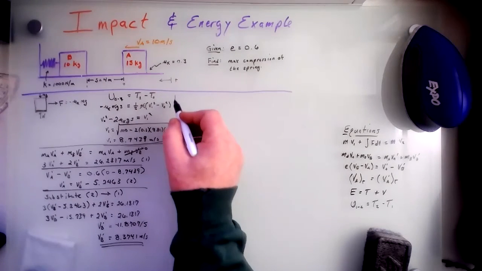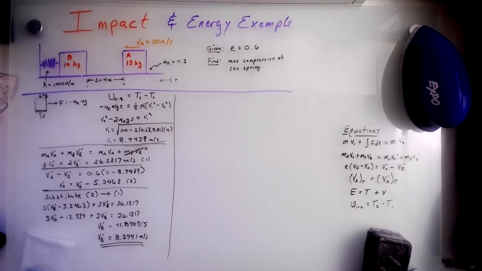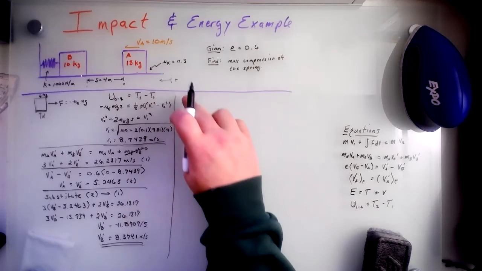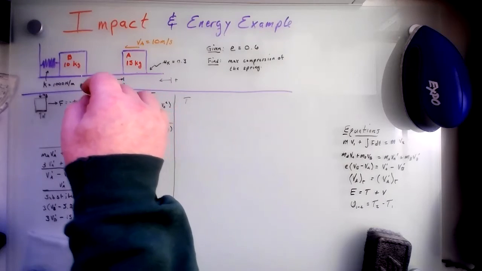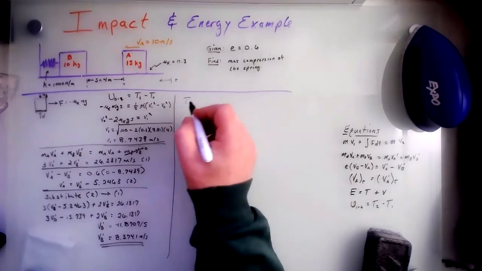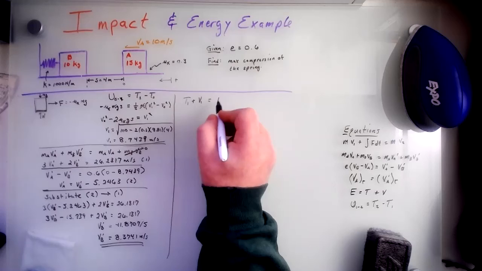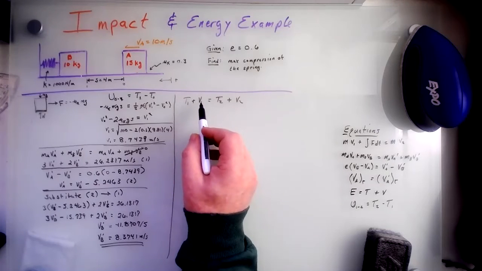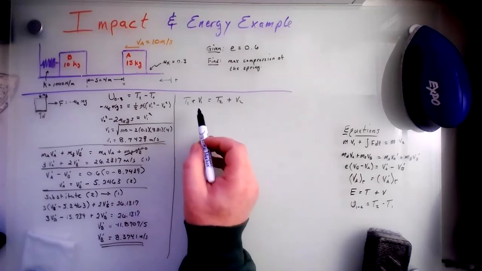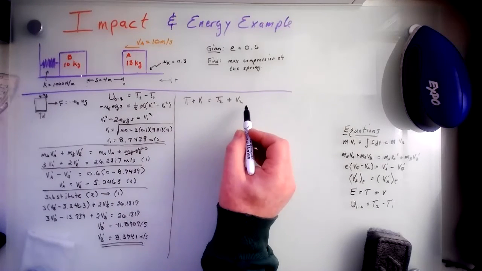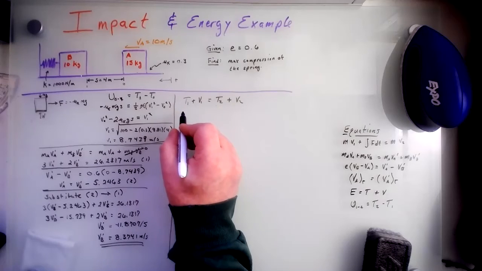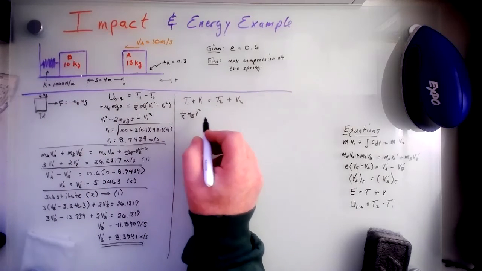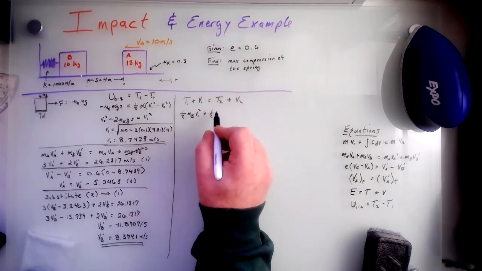So we need this. And now what we need to do is convert the energies, right? It's easier to do this: we'll just say T, and let's call this position 1, and the compressed part we'll call position 2. So we'll say T1 plus V1 equals T2 plus V2, right? This is the kinetic energy, and V is the potential energy of the spring. This is before compression, this is once it's compressed. Let's write these out: 1/2 m B V1 squared plus 1/2 k x1